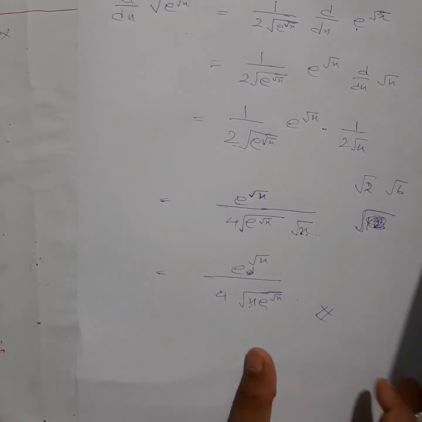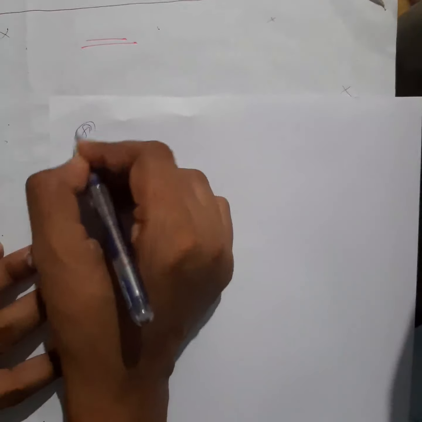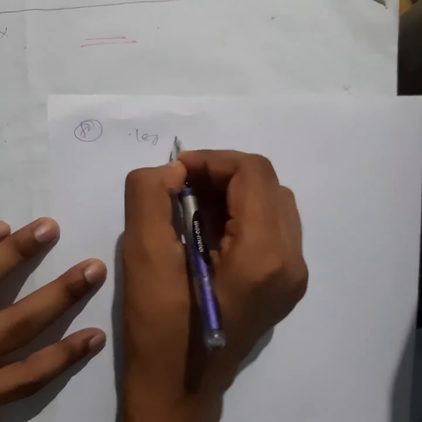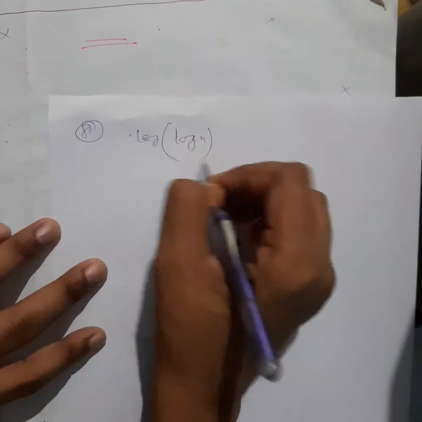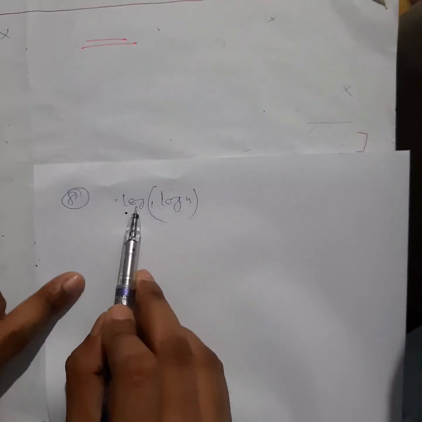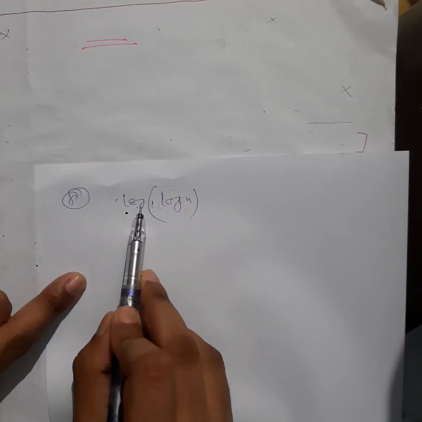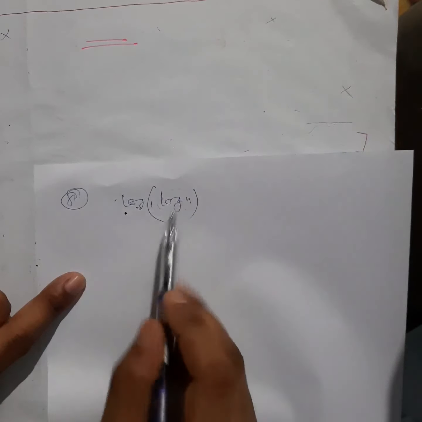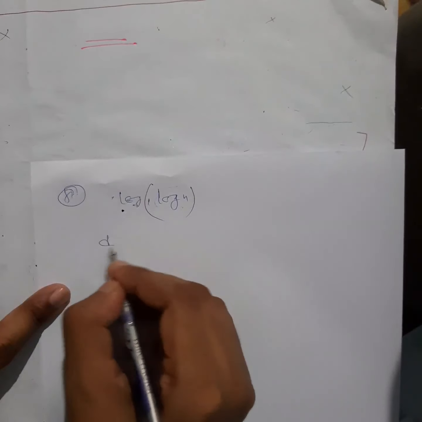Okay, so next is question number 9. Sorry, 8, right? After this, 8. So question number 8, log of log x. So this is of the form log x. Don't think again uv form. Log alone does not have meaning. Log x form. So d/dx of